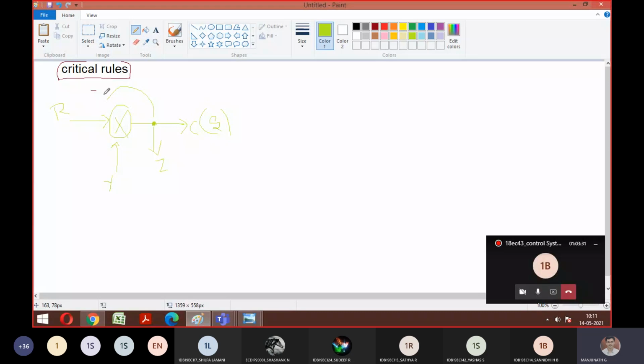So before moving, what is the equation on this side? Tell me. What is Z equal to now for this level? R plus or minus Y. Correct. So you can take Z equal to R plus or minus Y. This is before movement, what we are discussing.